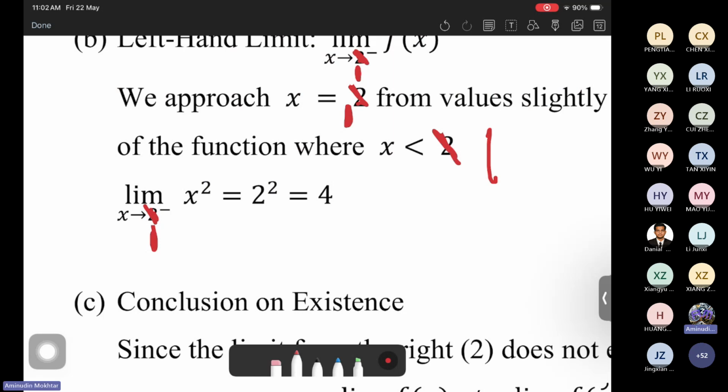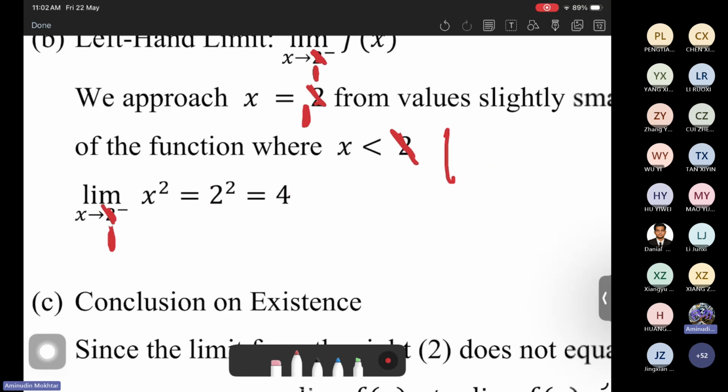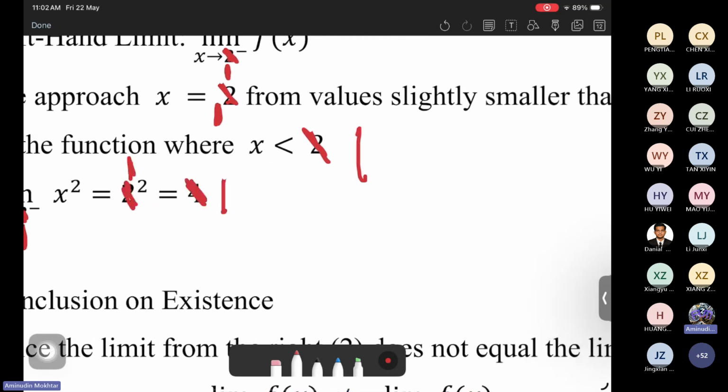So when x approaches 1 from the left, we need to apply the quadratic part. So the answer, when x approaches 1, we just substitute x equal to 1 in the equation. The answer is 1. There is also some mistake here. Please correct this, when x approaches 1. So the answer is 1. So now we have